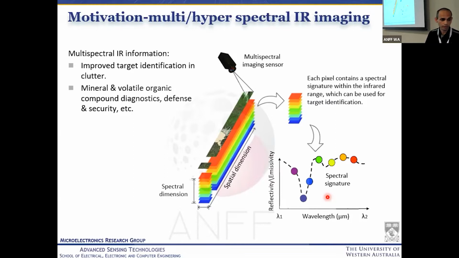And we are looking for hyperspectral and multispectral imaging because these images, through their IR signature, are able to gather a lot of information which is generally not available in visible light images. We can diagnose chemical properties and the current state of things like soil moisture, and in defense and security, we can differentiate between artificial, synthetic, and natural material, and identify whether it is camouflaged or not. All this information is generally hidden in the spectra of a material, and that can be exploited using